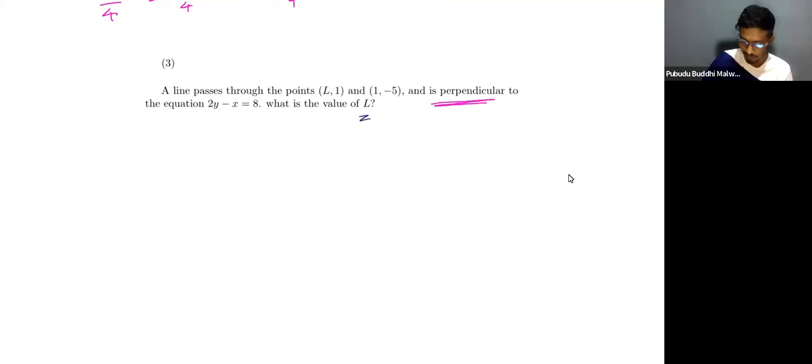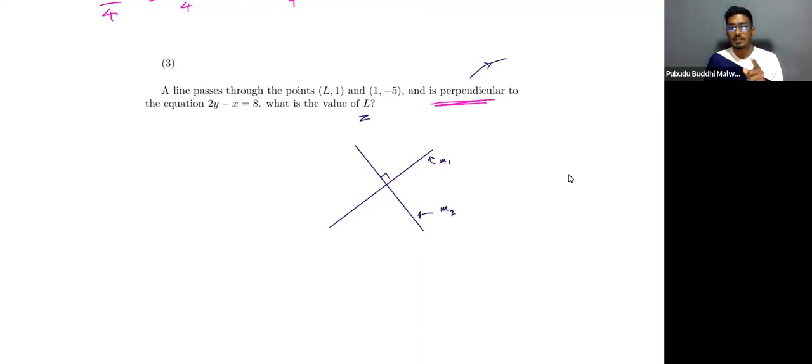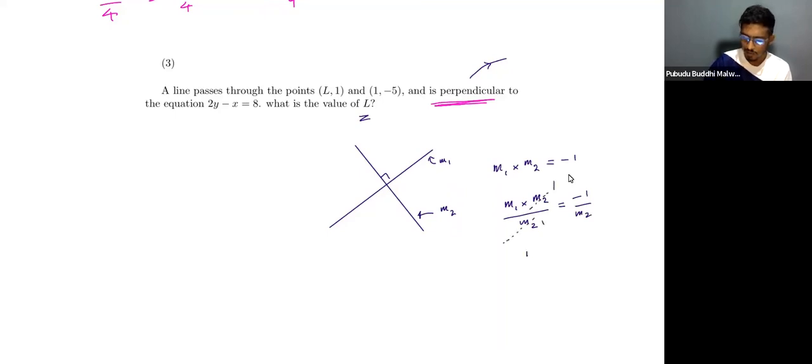For that, you can use this word. So, perpendicular lines and parallel lines. We discussed parallel lines. So let's suppose the slope of this line equals M1 and the slope of the perpendicular, the next line, M2. Since these two lines are perpendicular, the product of slopes M1 times M2 equals minus 1. So you can use that. Also, sometimes you can make M1 or M2 the subject by dividing both sides by M2. Then M2 and M2 cancel. So M1 equals minus 1 over M2. So you can use that